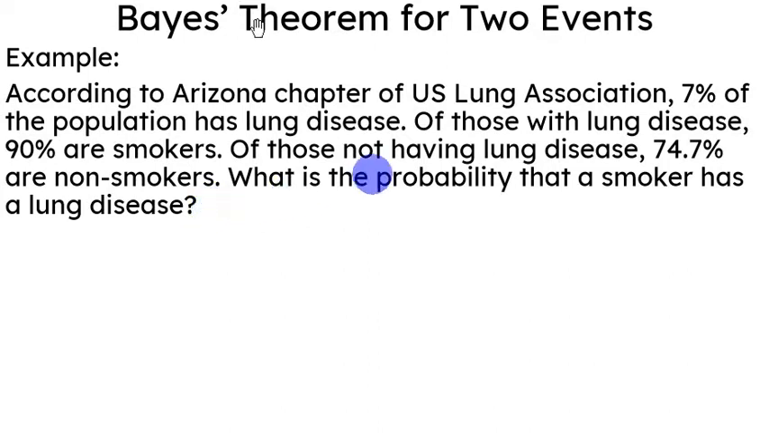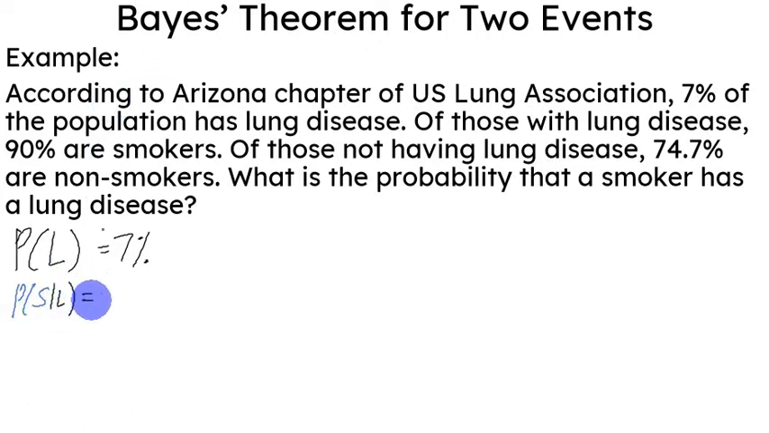Alright, so let's see what information we have. We know that 7% of the population has lung disease. So the probability that there's a lung disease, I'll let that be event L, is equal to 7%. Of those with lung disease, 90% are smokers. So that meant that the probability that the person is a smoker, given that that person has lung disease, is